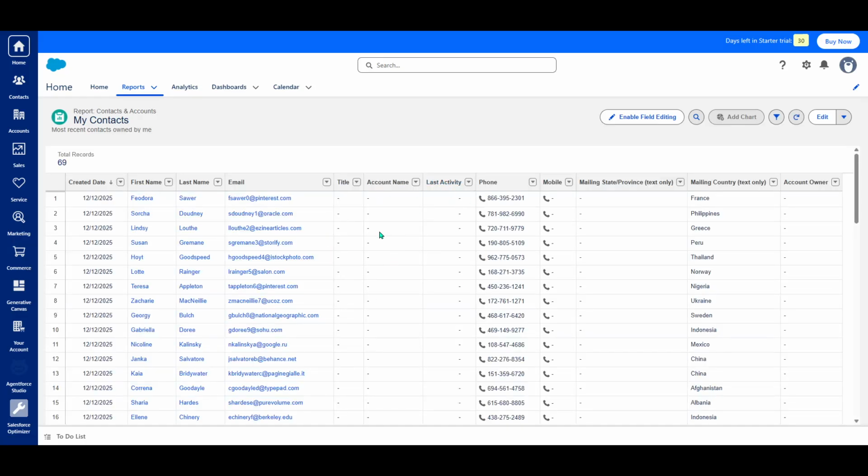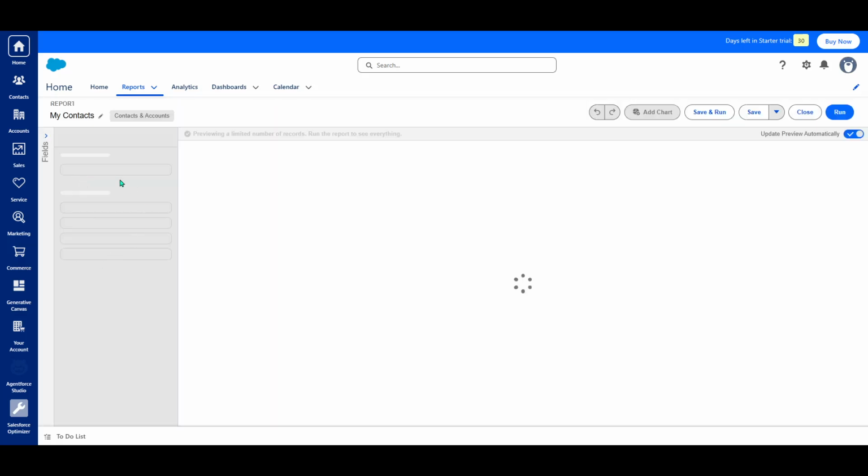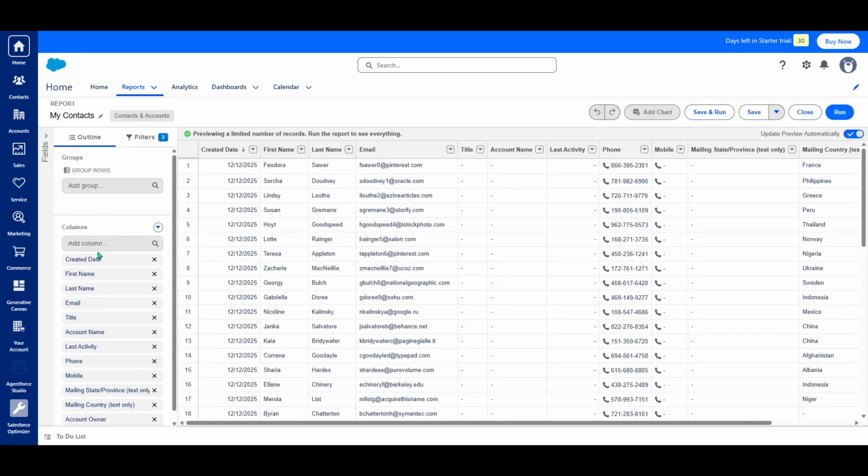Once you're in the editor, look to the left side of the screen. You'll see a pane that lists the fields available for your report, including the columns that are already in use. If you have a lot of fields, use the search box in that pane to quickly find the date field